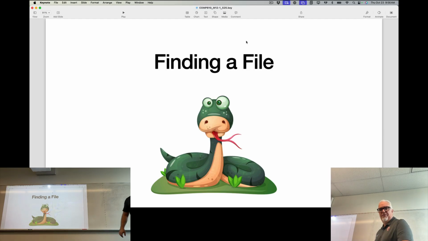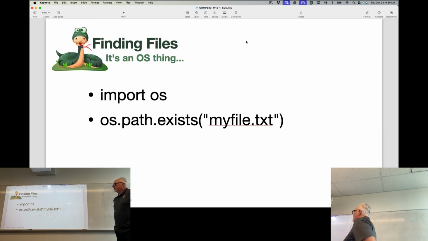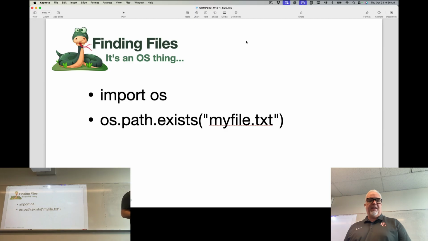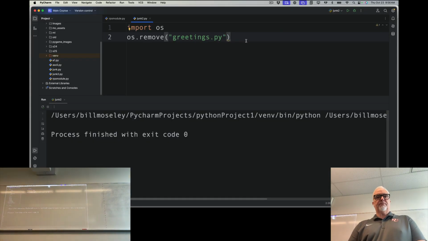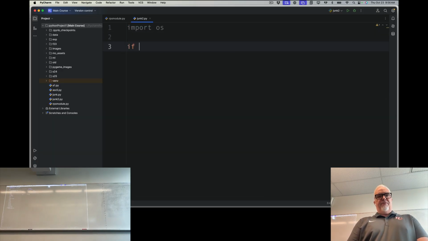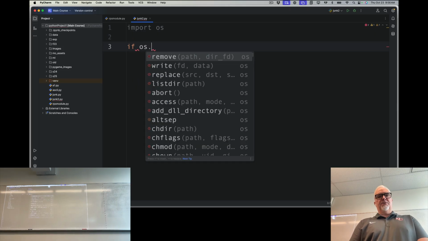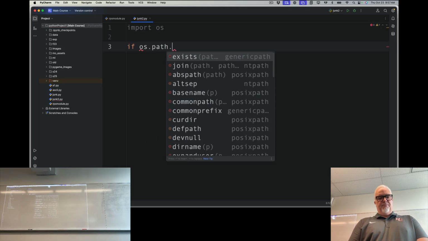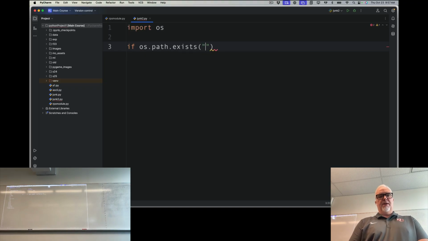The other thing we can do with the OS module is find out whether a file exists, which is a good way of doing look before you leap type error checking with opening a file. So I might say something like this: if os.path.exists